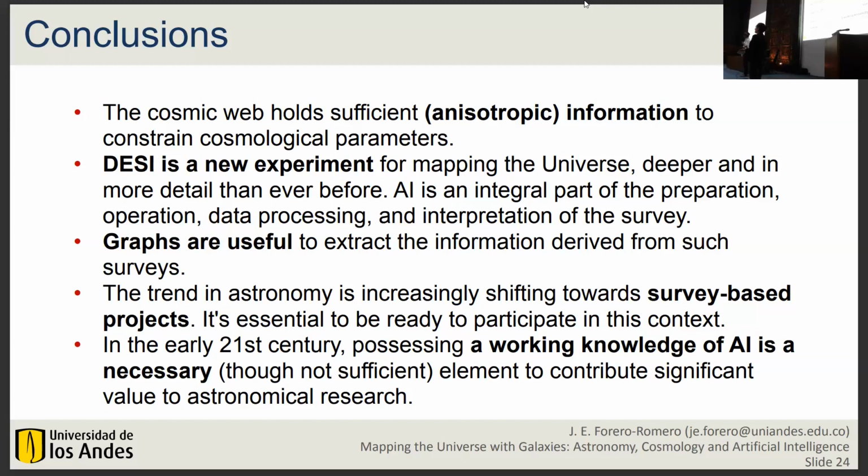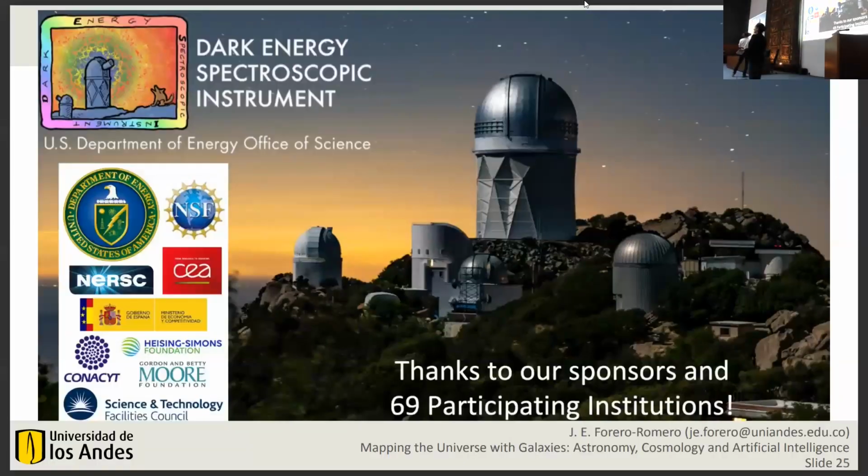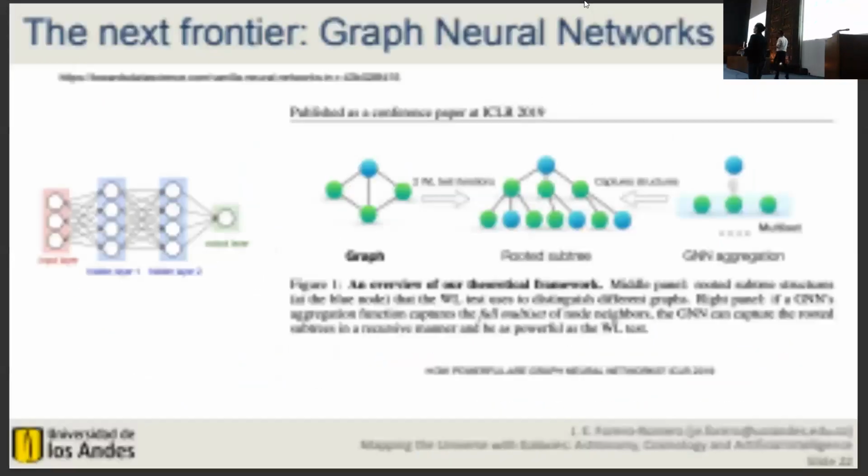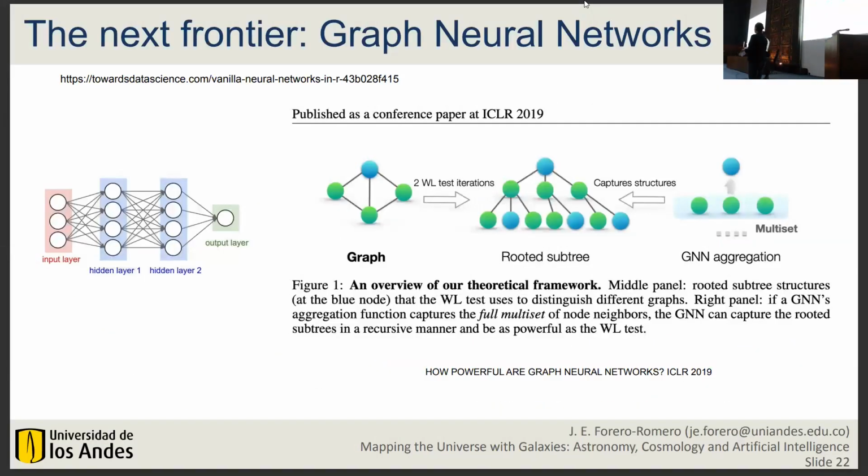Hello. I want to know how you train the graph. I didn't understand if, because afterwards you talk about some properties, you also include properties. Because I don't know if you assume lambda CDM, but different cosmological models would lead to different structure, cosmic web. So I don't know how you include that in the training.